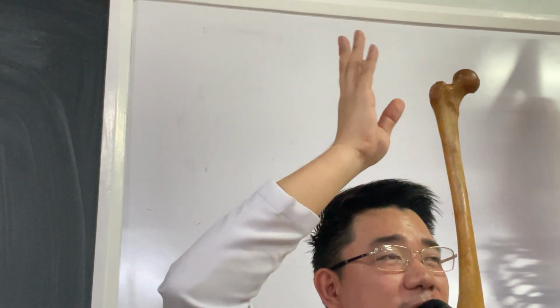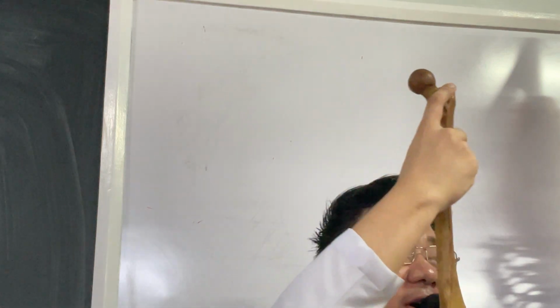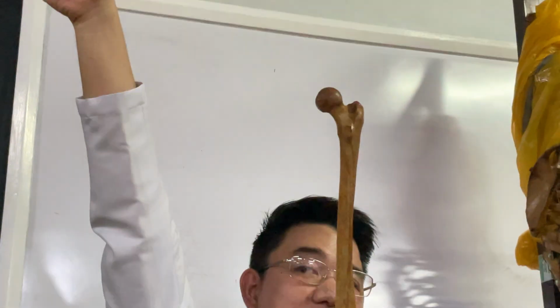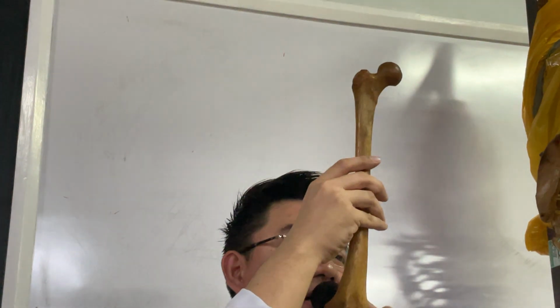This part here is known as the trochanter, but the trochanter has 2 areas. At the back, you have the greater trochanter at the top, and below that, you have the lesser trochanter. So you have the 2 horns at the top. The biggest one is the greater, the smaller one is the lesser trochanter. So let's go back to the